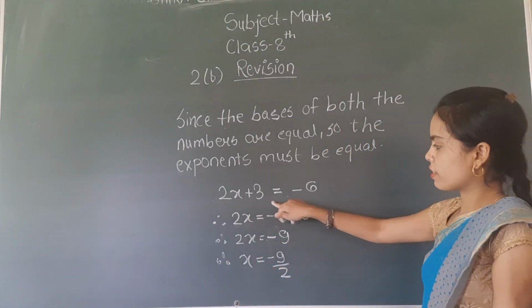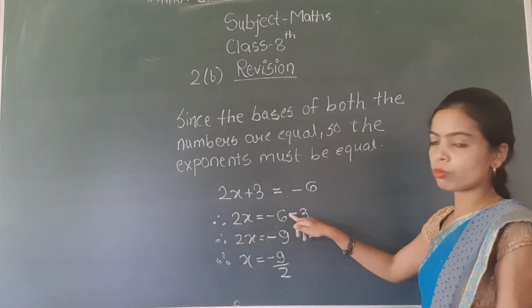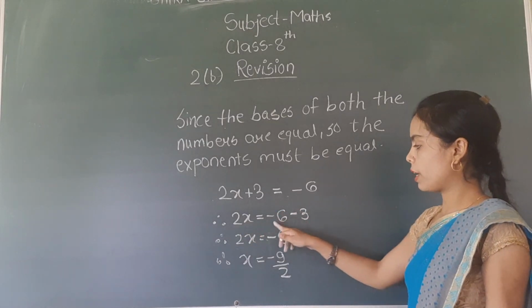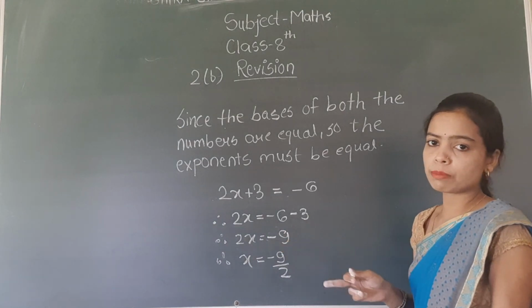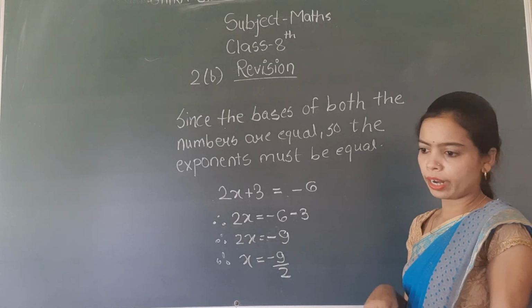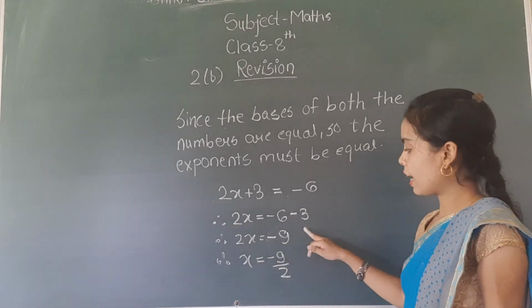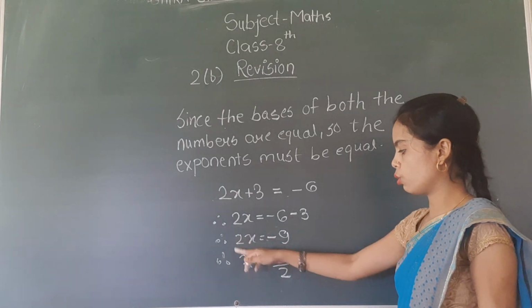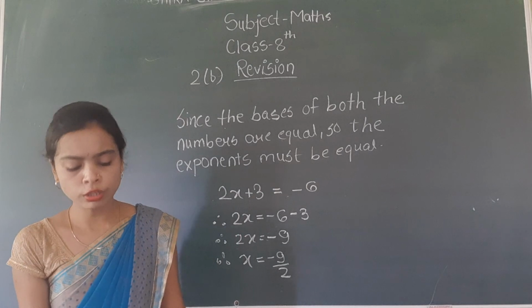So it is 2x plus 3 is equal to minus 6, so 2x is equal to minus 6 minus 3. Minus 6 minus 3 क्या होता है? Minus 9. When both the numbers have the same symbol, we have to add, and if they have the opposite symbol, we have to subtract. They have the same symbol, so we have to add here, and when we are adding, it is minus 9, and 2 goes to the division, and it will become minus 9 upon 2.